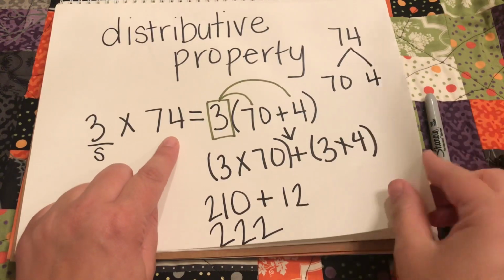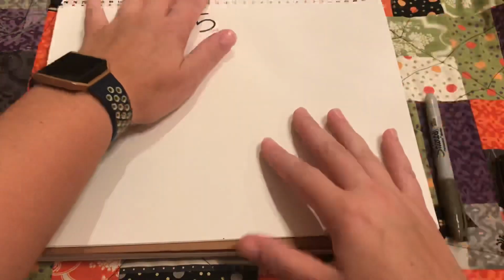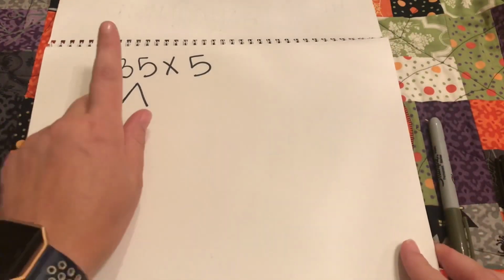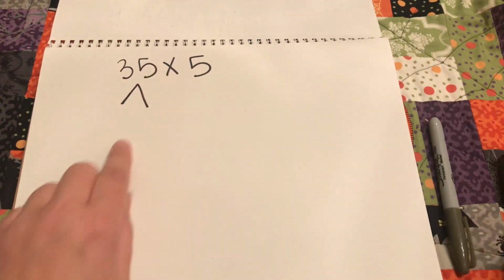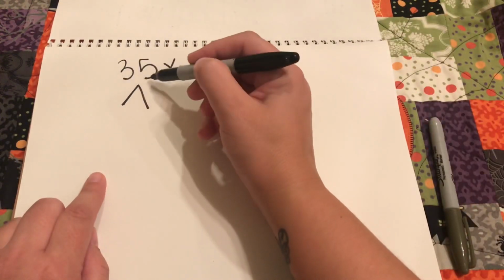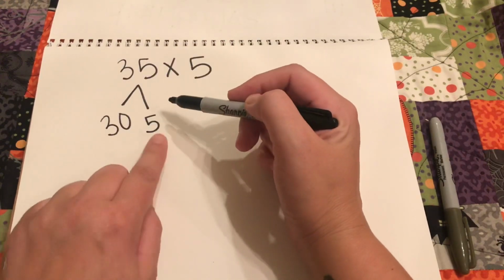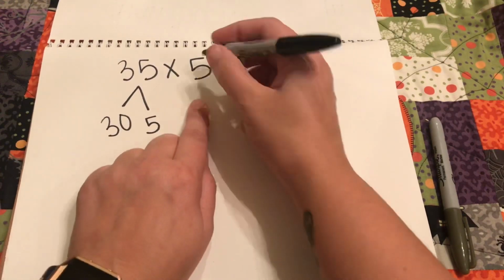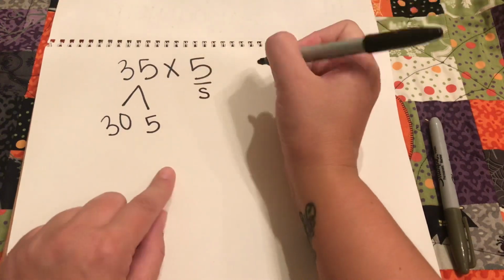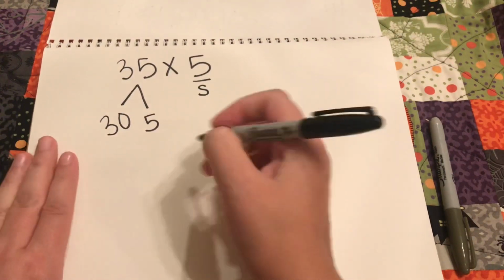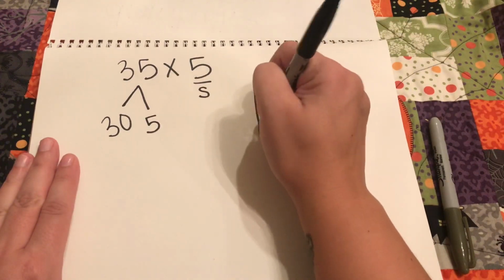Let's look at another example, this time using the area model. I have 35 times 5. I'm going to start because I have a double digit. In my tens, I have a 30. I have a 5 in the ones, which equals 5. This is my single factor. I am now going to create an area model showing